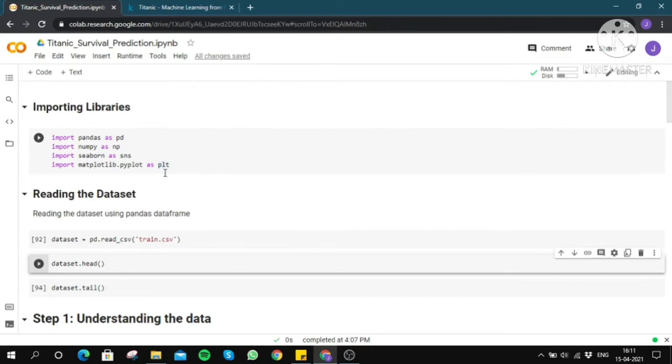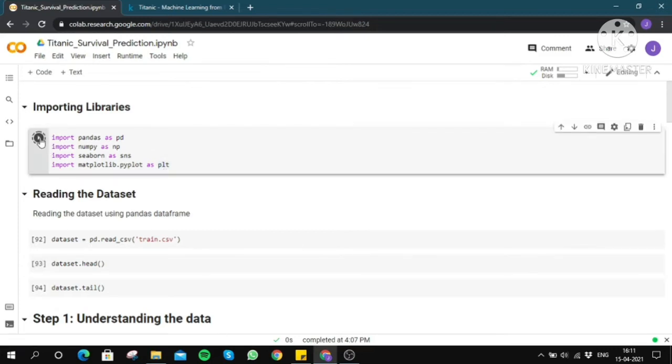I have imported all of these libraries and given an alias name to each of these in order to prevent writing the whole name of the library every time I call these libraries. Once I have executed this cell, Google Colab will import all the required libraries.